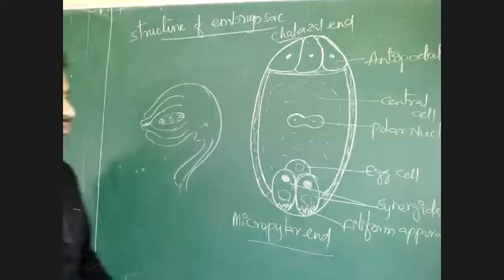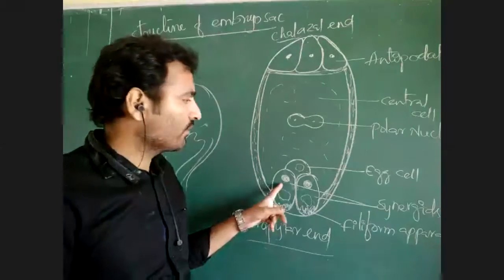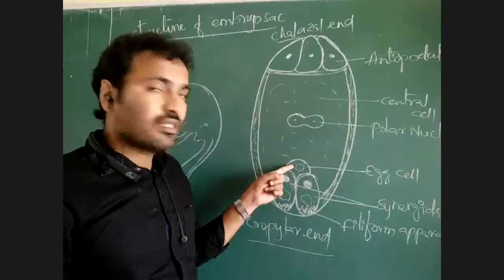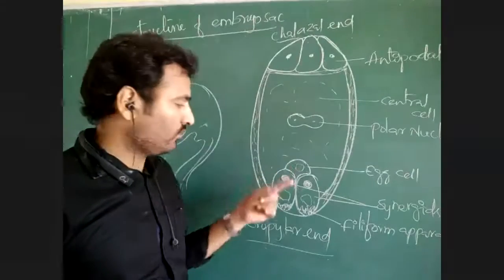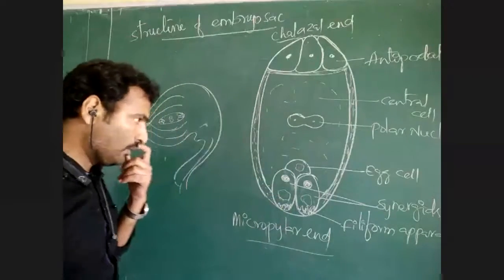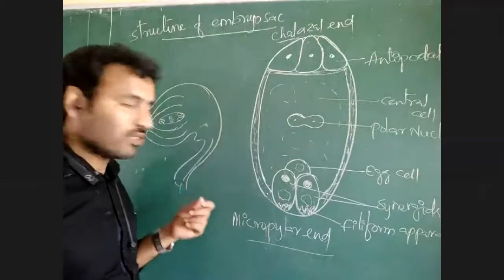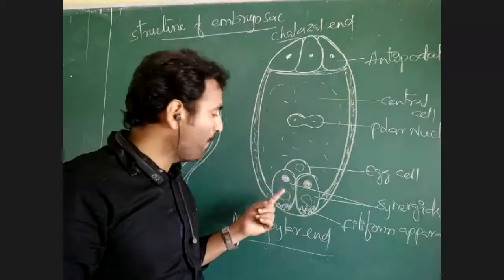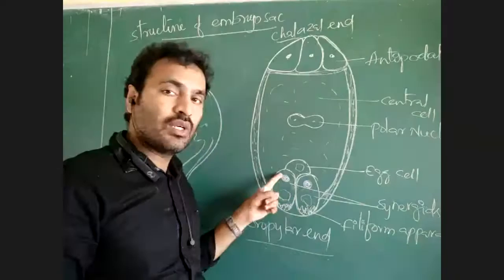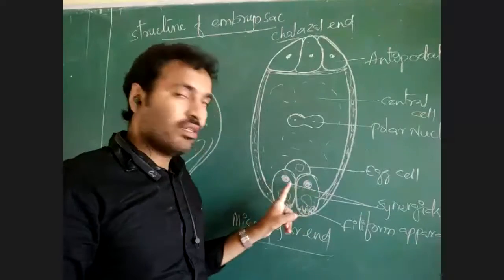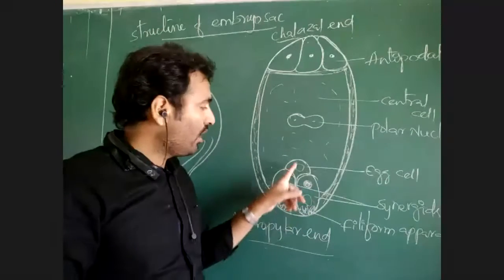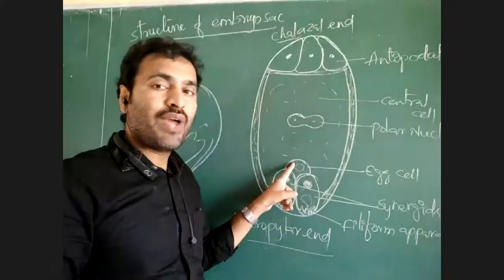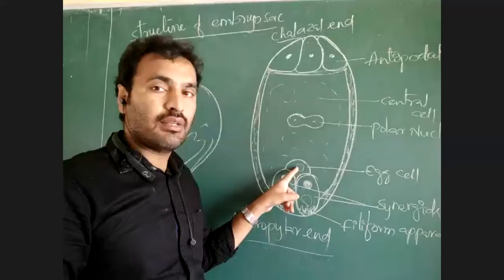See now, we are discussing the egg apparatus. This egg apparatus has three cells. One is the egg cell that is responsible for syngamy, I told you. Two synergids are there. How do we determine what is the egg cell and what is a synergid? In the three cells, two cells have a basal vacuole and upper nucleus. They function as synergids, and one cell has a basal nucleus and upper vacuole. That functions as the egg cell.